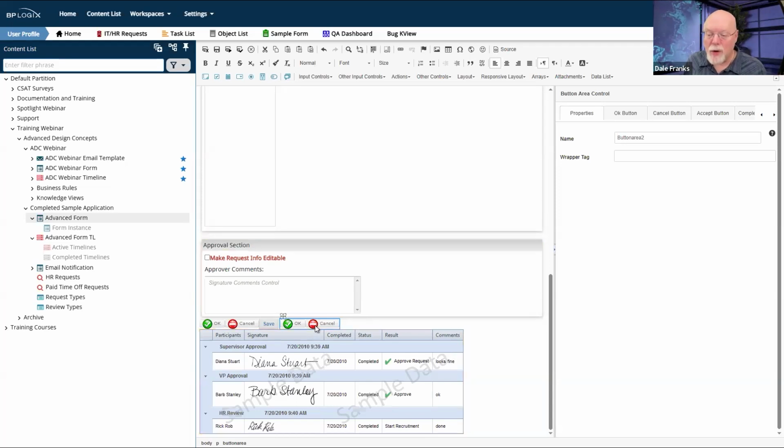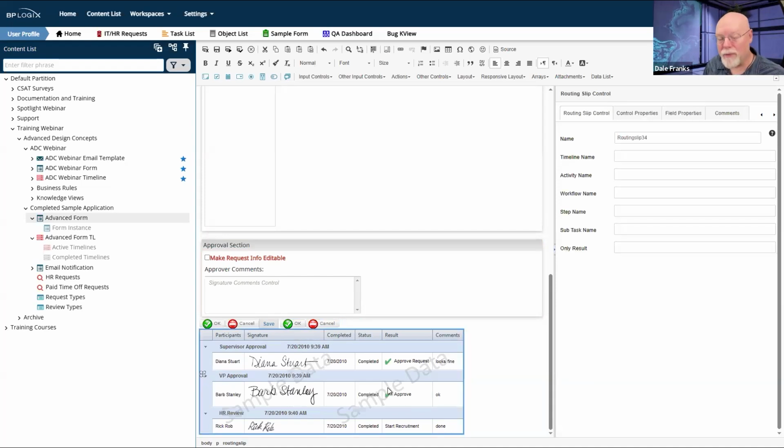Because if you do not place your button area controls on the form, then by default, Process Director will automatically place button area controls at the very, very bottom of the form. So if you have a routing slip down here, then those button area controls are going to show up below the routing slip.